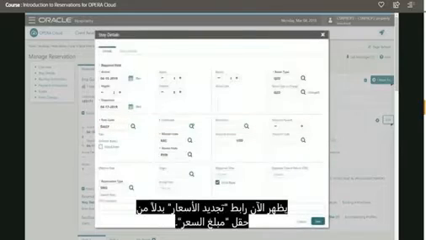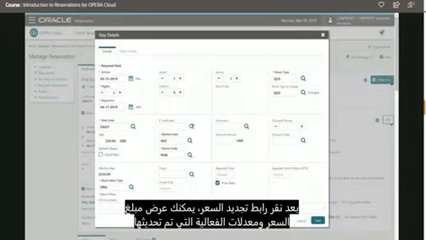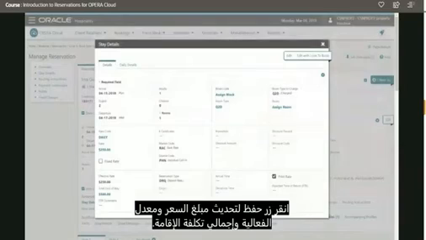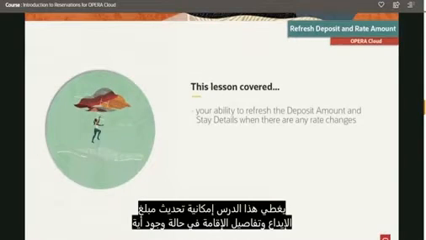The Refresh Rates link now appears in place of the Rate Amount field. After you click the Refresh Rate link, you can see the rate amount and effective rates were both updated. Click the Save button to update the rate amount, effective rate, and total cost of stay. This lesson covered your ability to refresh the deposit amount and stay details when